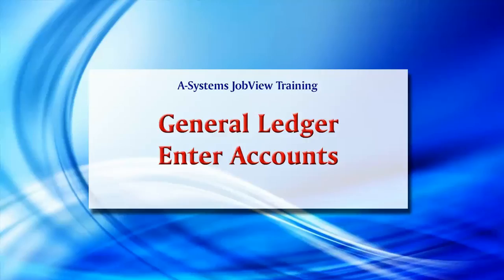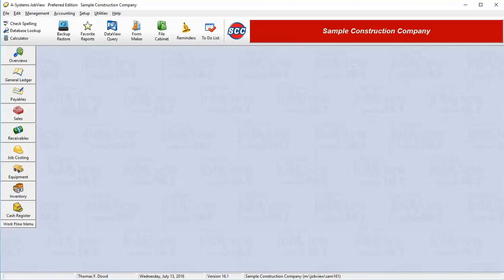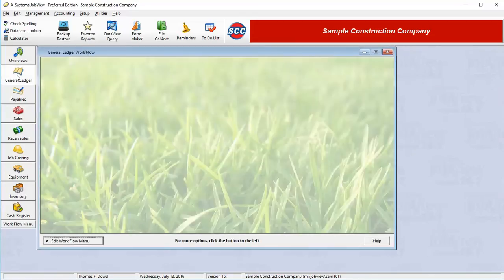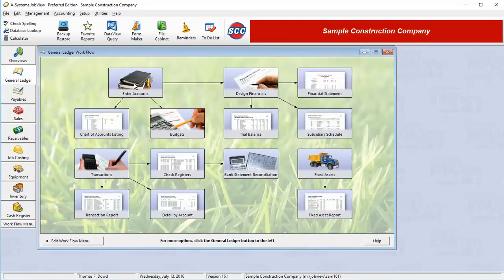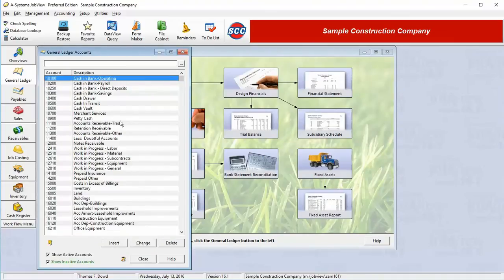This training session deals with entering and changing general ledger accounts. This is accomplished by selecting Enter Accounts from the General Ledger menu. On this screen, we see a list of all the general ledger accounts that have been set up in the system. We can insert a new one, or we can opt to highlight an existing one and click on the